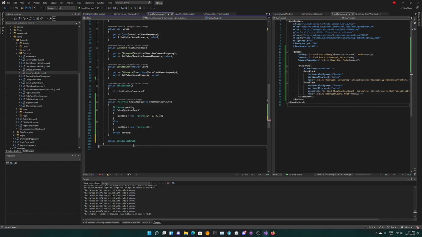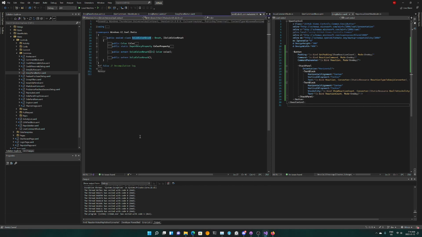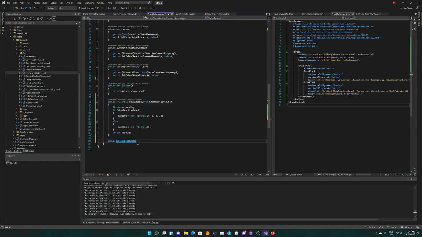Okay, we just have to know what solid color brush is. Oh, just a brush. Okay. Get background, basically, and return